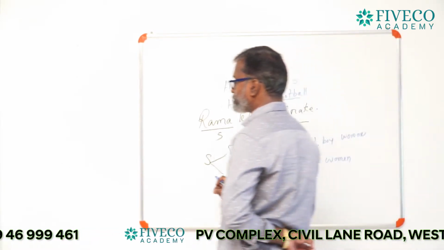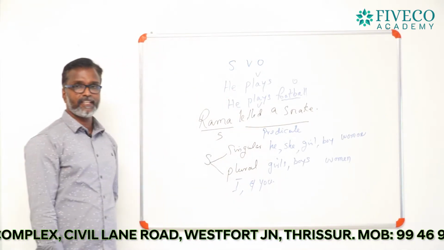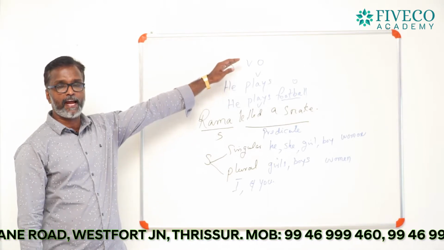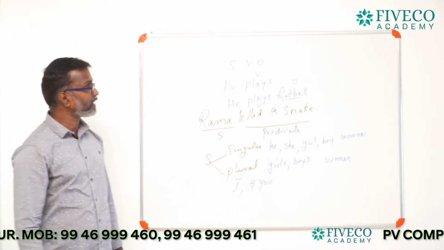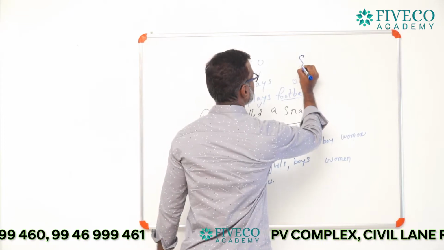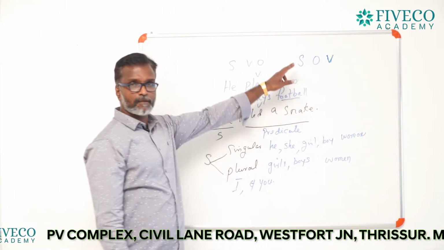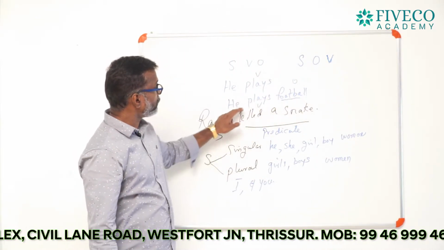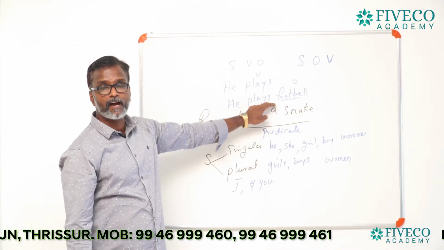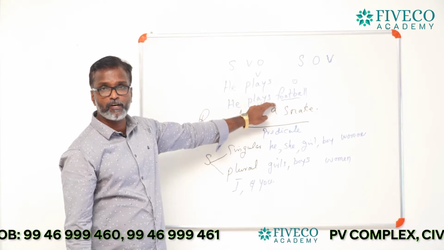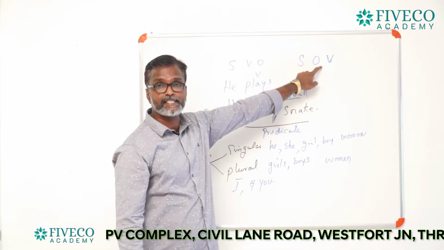In English, we use the pattern of subject, verb and object. After the subject, you want to use the verb, and after that, you want to use the object. Whereas in Malayalam, we use the pattern of SOV, that is subject, object and verb. For example, he plays football, and what shall you say in Malayalam? Avan football kalikkunnu. You will say that in Malayalam. So you will use an SOV pattern while you use sentences in Malayalam.